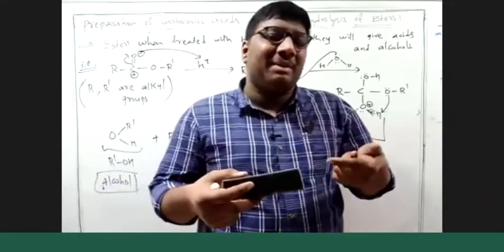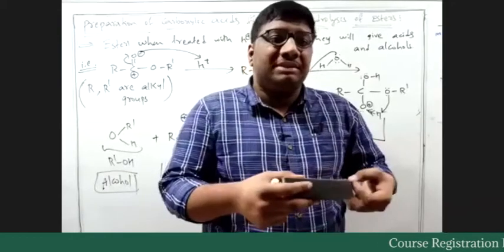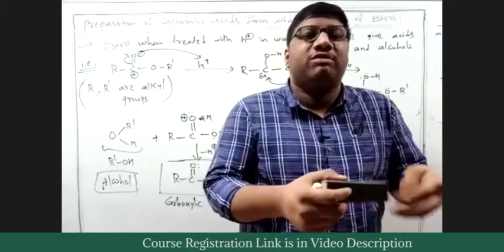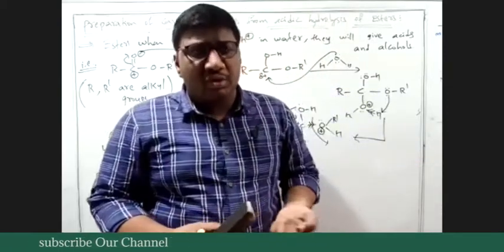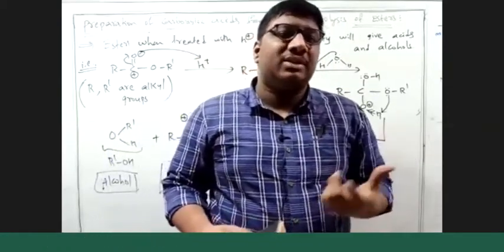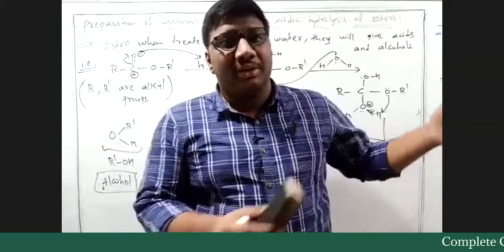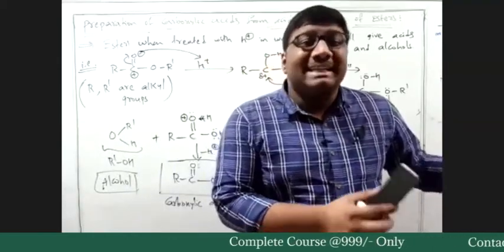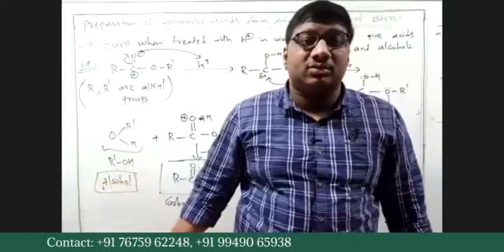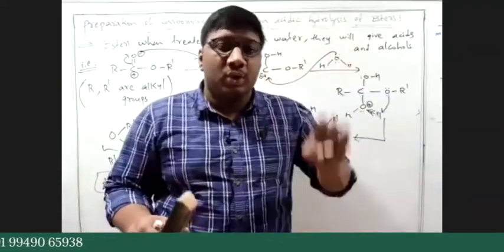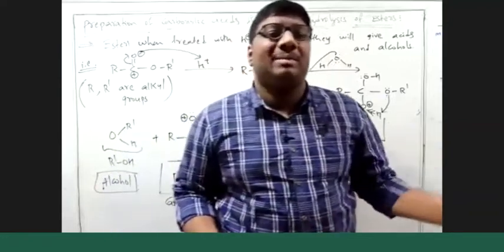If you increase the temperature, what happens? The collision between the two molecules will increase, so the reaction can be done faster. So you can increase the temperature, monitor the whole reaction, and categorize the products. Categorize the products in the sense that you will get acid and alcohol. We don't want both. We only want acid. Again, now we want to separate the alcohol.